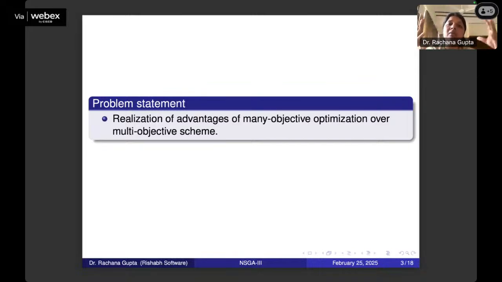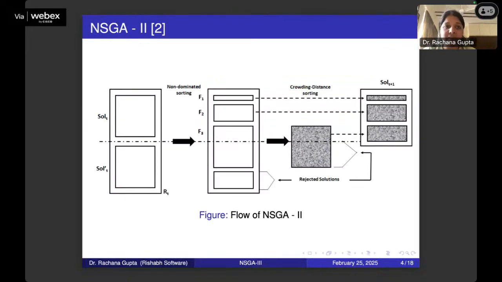Now, while solving real world problems, there are situations where we need the optimal solution. I'll tell you when such situations come, but for now, just understand that while solving real time problems, we need to get the optimal solution to satisfy our many objective requirement, whether it's minimization, maximization, or a combination of both. Now, just to give a brief idea of what exactly we are doing in NSGA2, almost half of the processes we do in NSGA2 we are